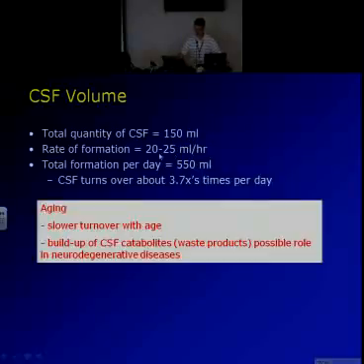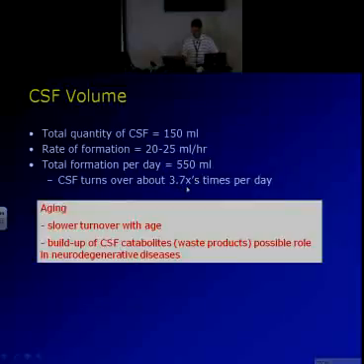Rate of formation, you go, okay, 20 mLs per hour, and kind of do the math. Not so concerned about that number, but I sneak down to this number: each day those choroid plexuses are cranking out about 5 or 6 milliliters a day. So you look at the two, and it's pretty obvious this is way more than what's statically there at any given moment. So the real take-home message is, I probably would scratch that out and go 3 to